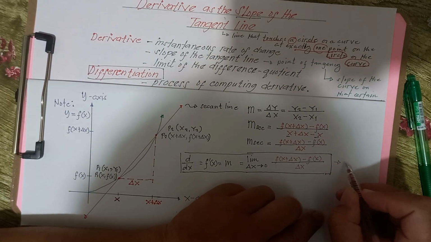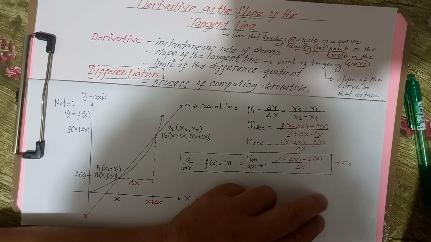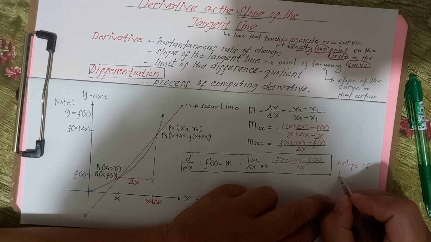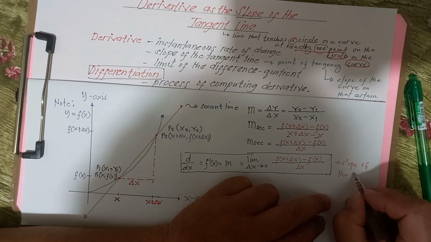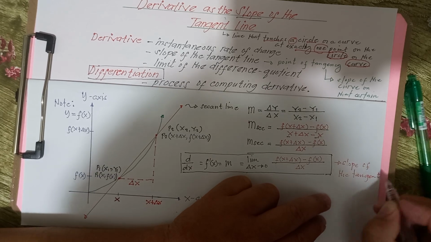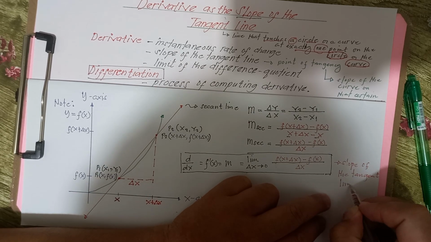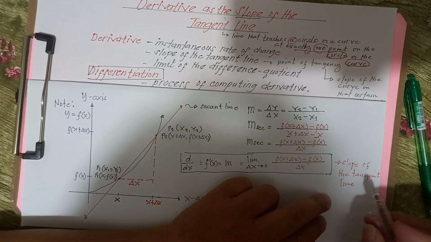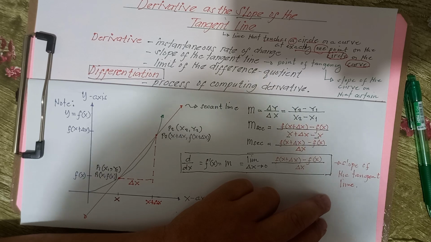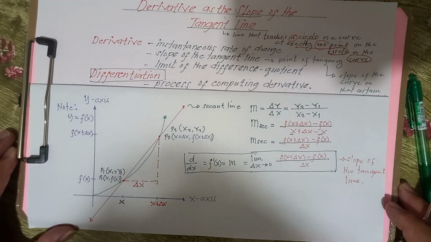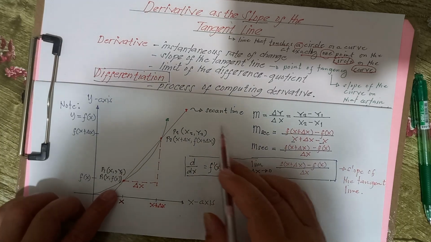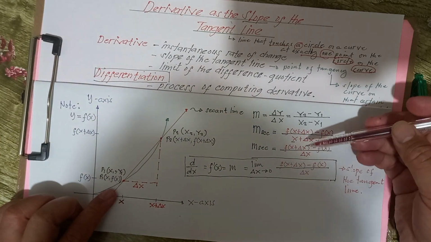of the tangent line. Okay, these are also the slope of the tangent line. Now, how come that is the slope of the tangent line? You will notice that when we illustrate this one using our drawing, this is actually